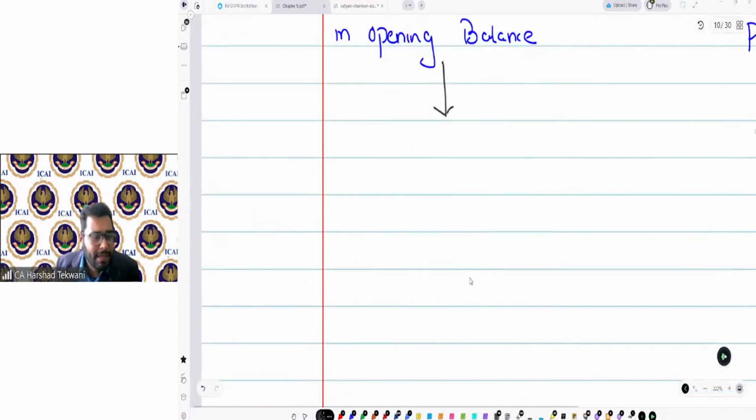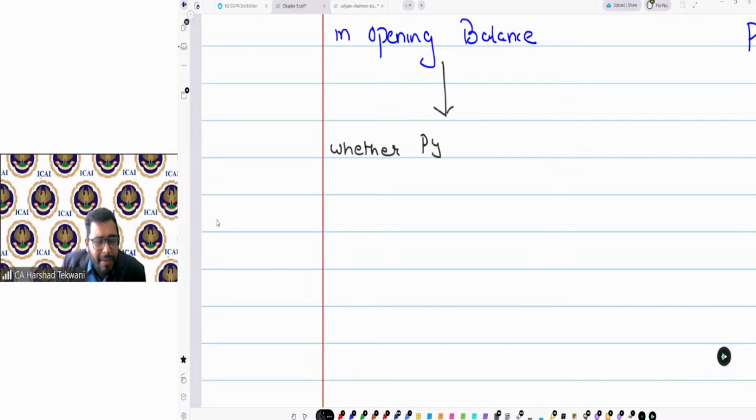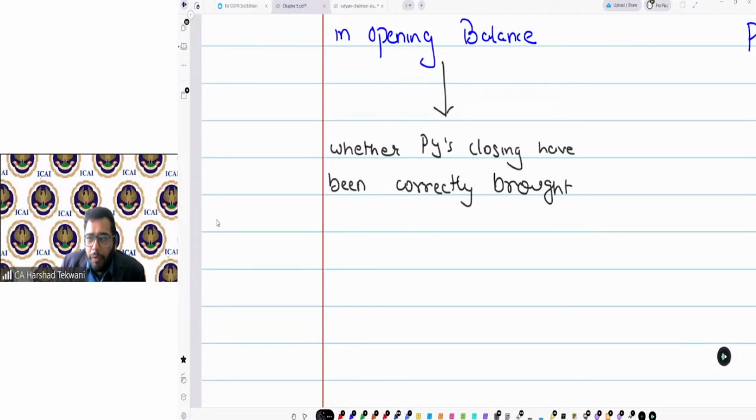So one of the areas I can check is whether the balance has been brought forward appropriately, or correctly. So whether previous year closing has been correctly brought forward to current year.